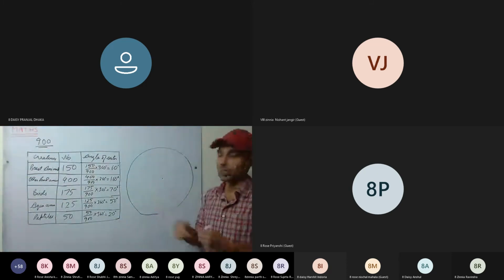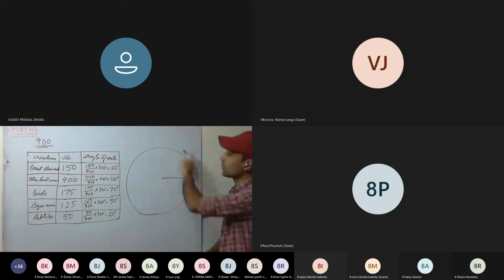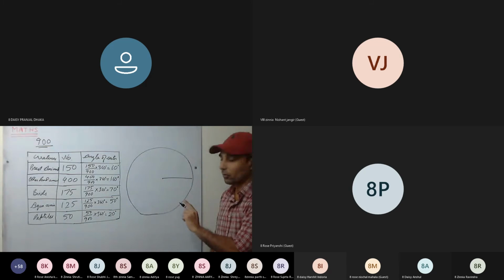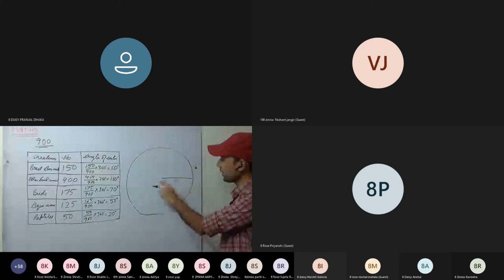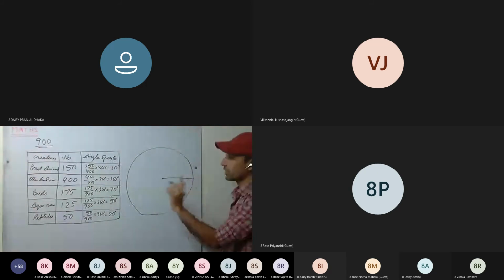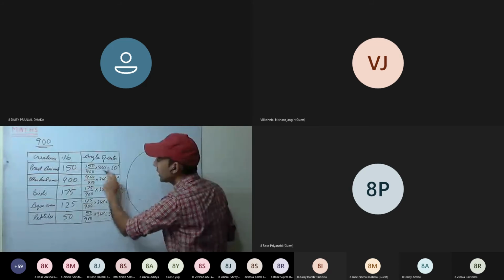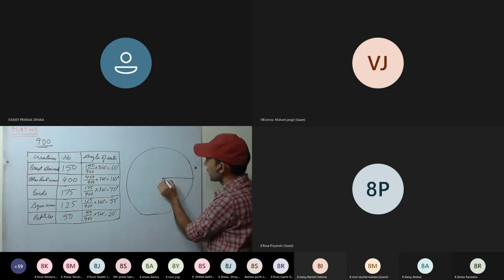Now, see, we have to draw the pie chart. Always draw a good size pie chart, a good size circle. Always remember to draw that one. Don't draw a small one. Now, see here, we have drawn a line from the center to any point on the circumference. Now, we start with any angle. Beast animals: we start by drawing an angle of 60 degrees.